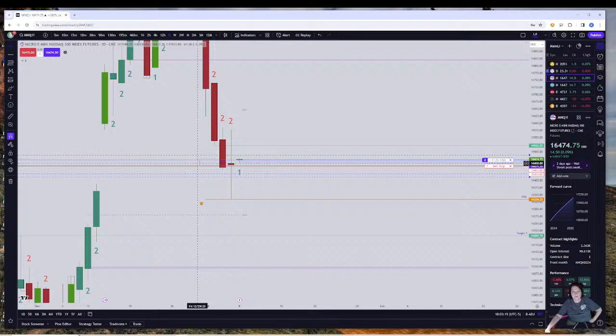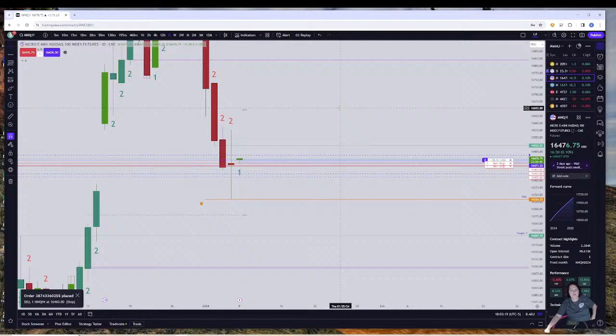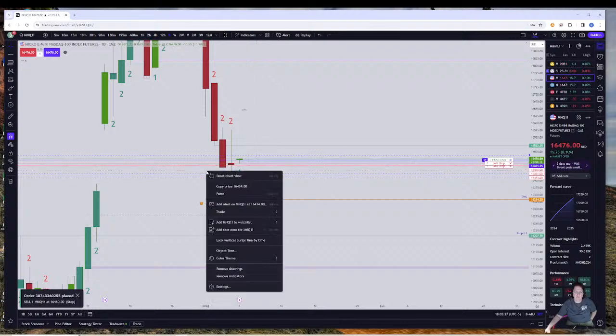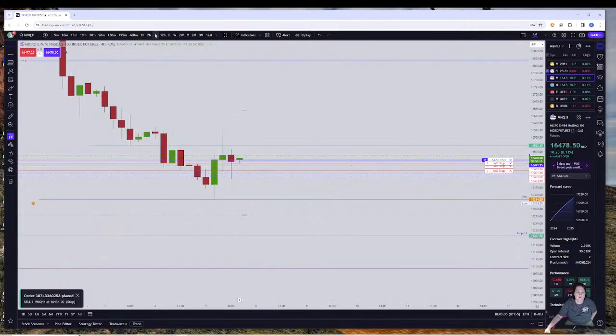Since I went long 2, I'm going to set another stop right there. That'll take me out of 1, the other one, and get me in short. And then I'm going to set another one right there, so if we drop below that. So that's the daily. Let's look at the 4-hour. Back up inside.